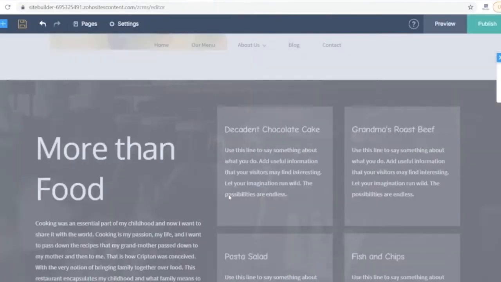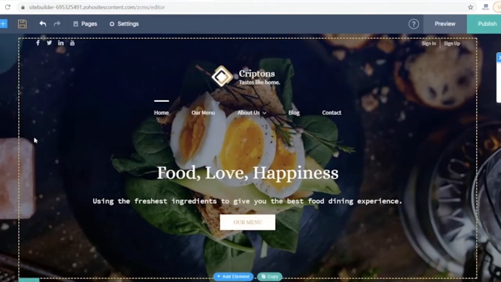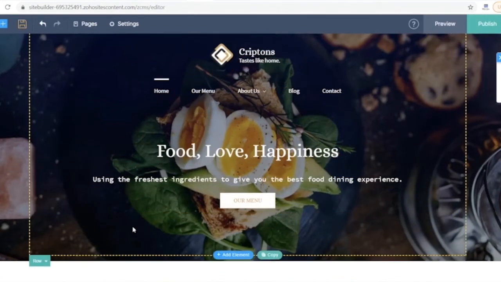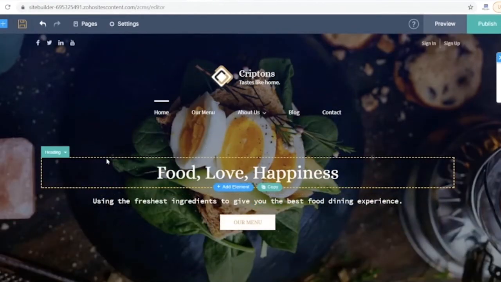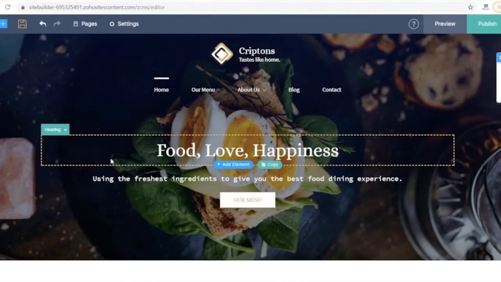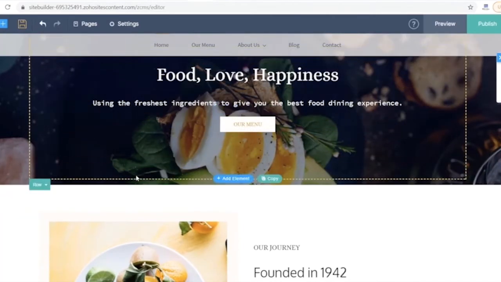We will now see how to edit a pre-built template. For the sake of this demo, we have picked a template for you, which is the restaurant template. So we're just going to apply this on the website, and what we have is all the different elements. At the top banner, you can see that there's a headline element, there's an entire banner element, and so on. And as you scroll down, you have multiple other sections.